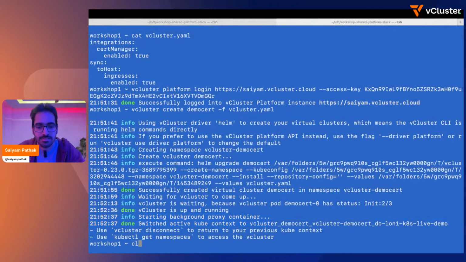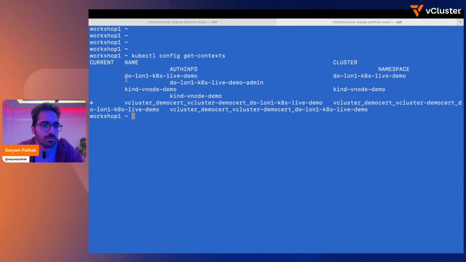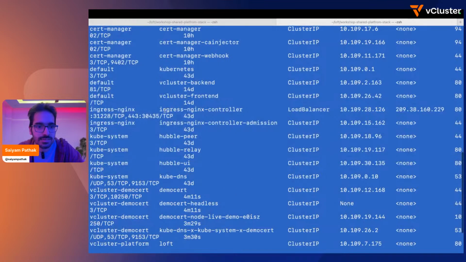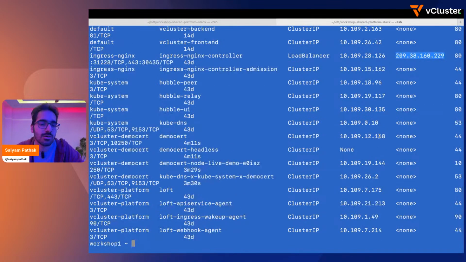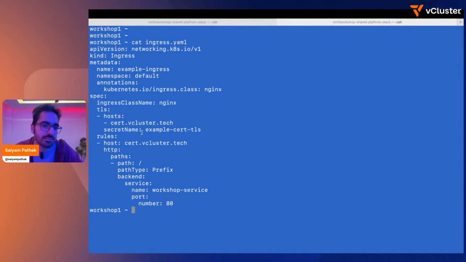Now, if I clear the screen, kubectl config get context, and if you are watching carefully, I am going to the host cluster. Just to show you the ingress part, kubectl config use-context, then kubectl get svc -A. What I have is an ingress service of type load balancer. Now I added the A record to vcluster.tech with this particular load balancer,